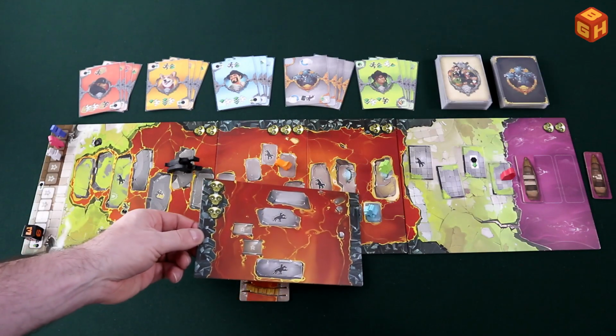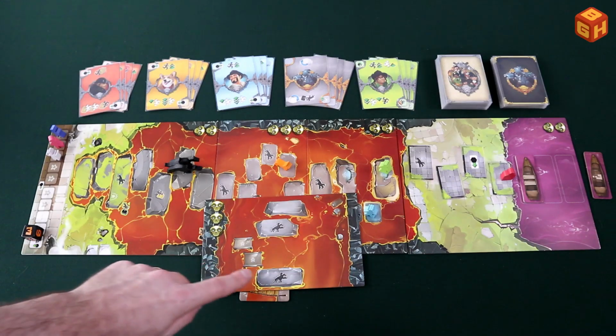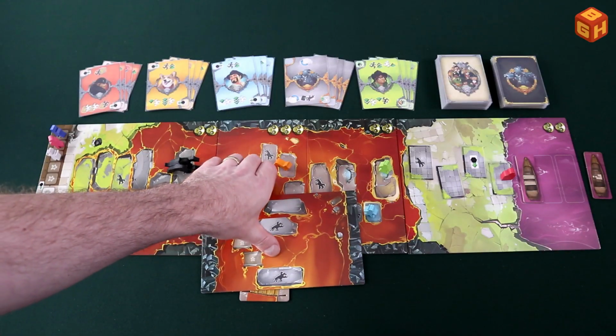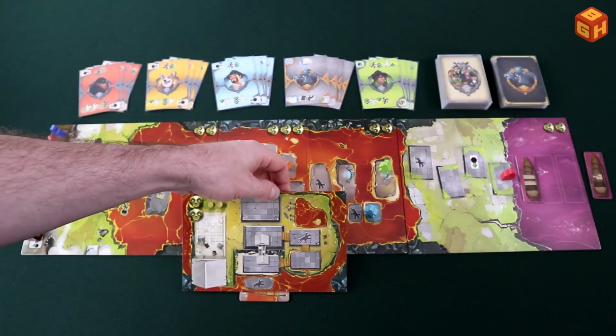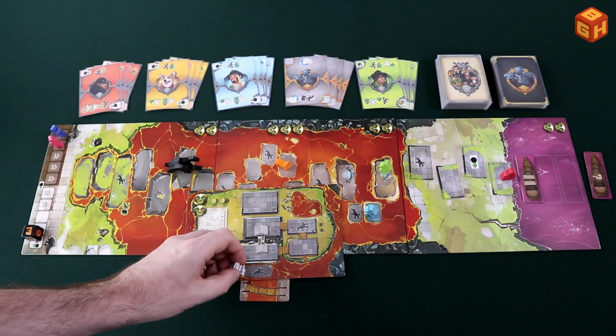There's also a tile with these narrow platforms over here, and each of these 2 narrow spaces can only hold 1 adventurer at a time. So any adventurer who wishes to enter or pass through an occupied platform space must stop its movement on the previous space. On the other side of this board we have the funicular, which means that when a player reaches